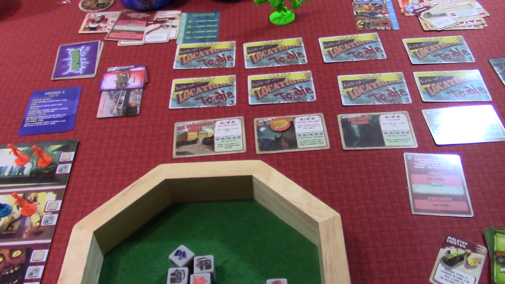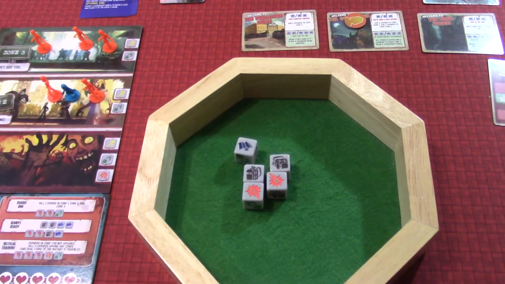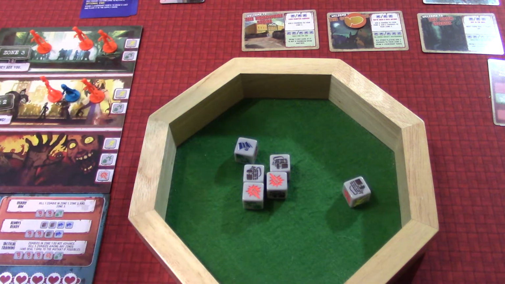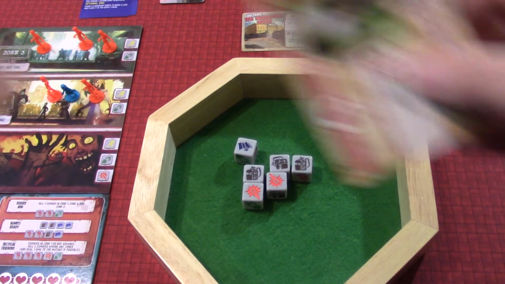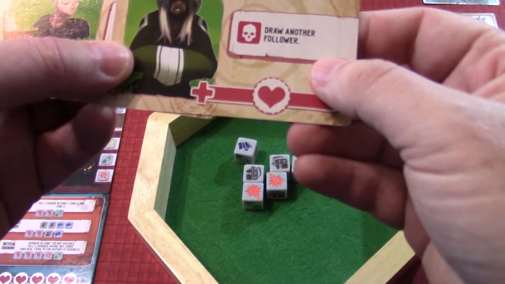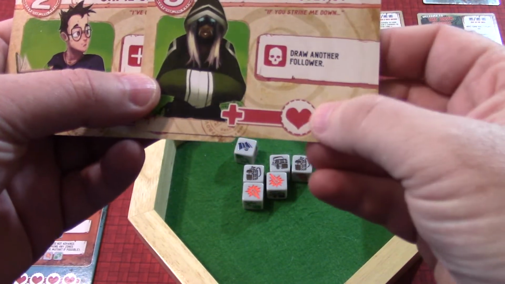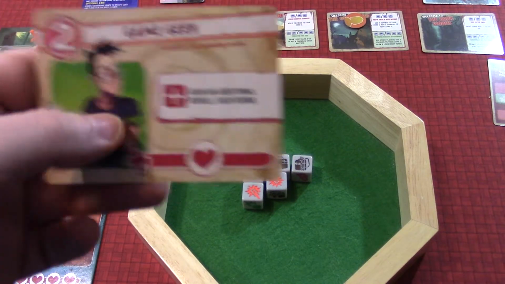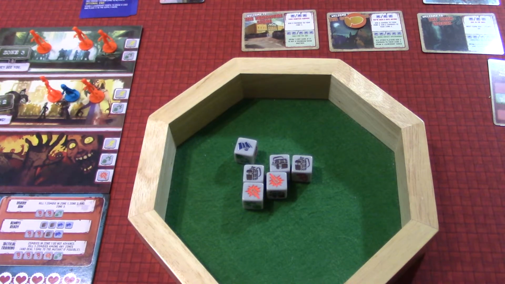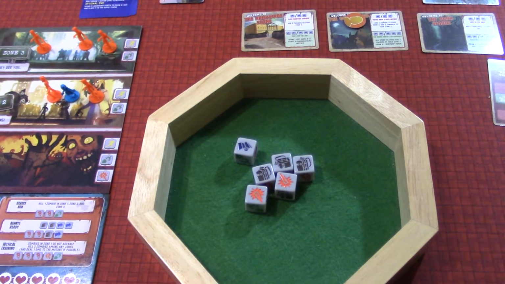Now we're going to do our zombie advancements. Ooh, but I am not wise here, because we do have to move. But I forgot that I do have the Girl Genius. We get to re-roll that die. So we got another backpack. What does that mean? That means we would have gotten to draw 2 and pick 1. So I'm going to draw another follower. And that made it easy for us. This says, on death, draw another follower, the Mysterious Cultist. That's not bad, but I think we'll keep the Gamer Geek. He was pretty good. Okay, but we're still going to have to move 1, and I don't want to...